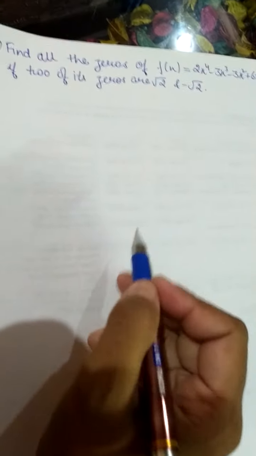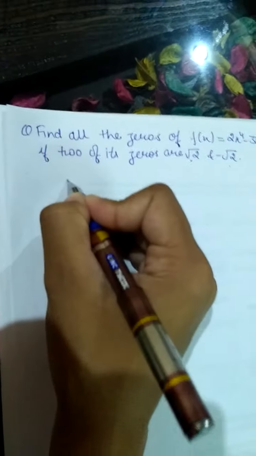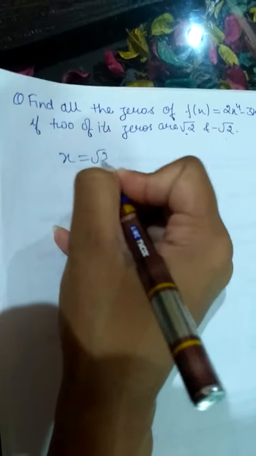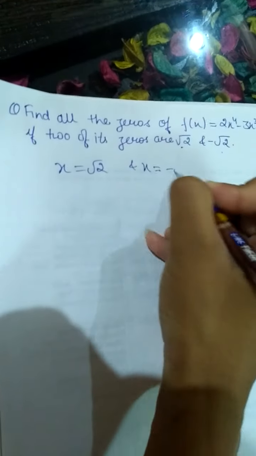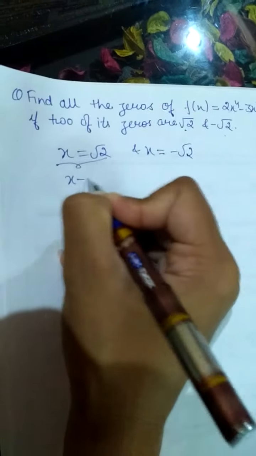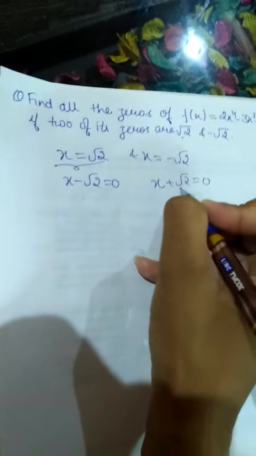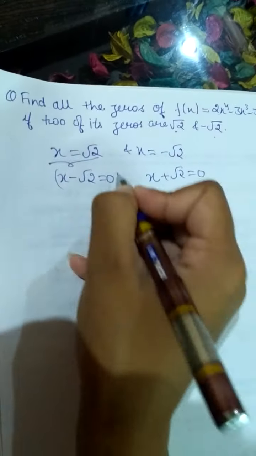So the last example I am taking is: find all the zeros of f(x) if two of its zeros are root 2 and minus root 2. So now the two zeros are given as root 2 and minus root 2. That means x is equal to root 2 and x is equal to negative of root 2. If I put root 2 and negative of root 2, I will get 0. So I can rewrite it as x minus root 2 equals 0 and x plus root 2 equals 0. So if I multiply these,